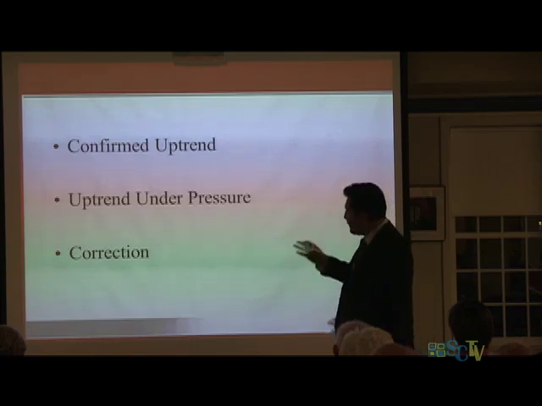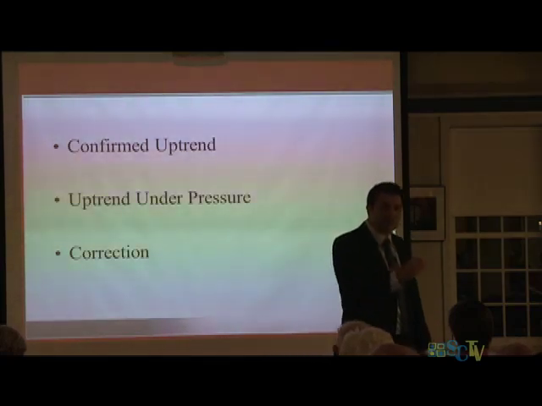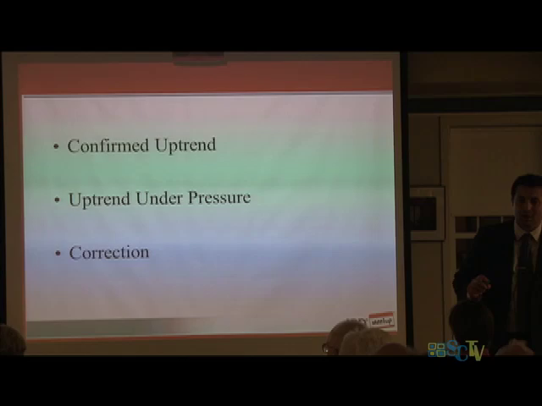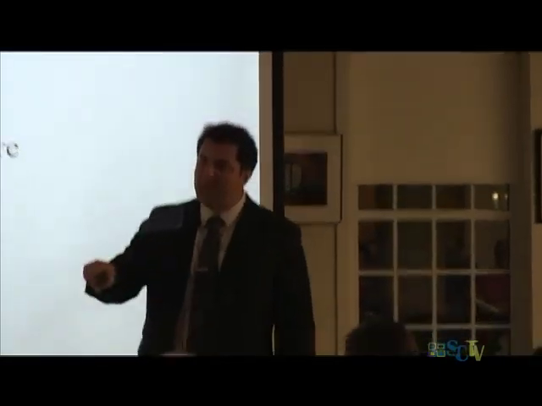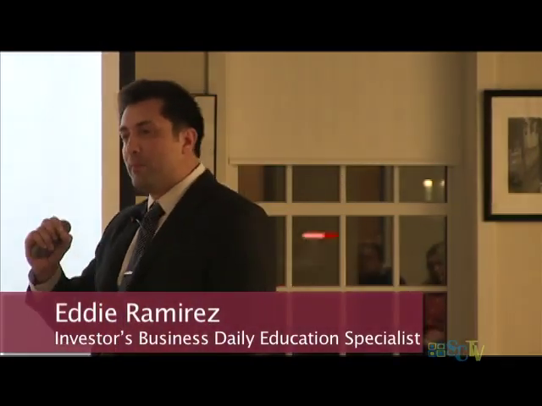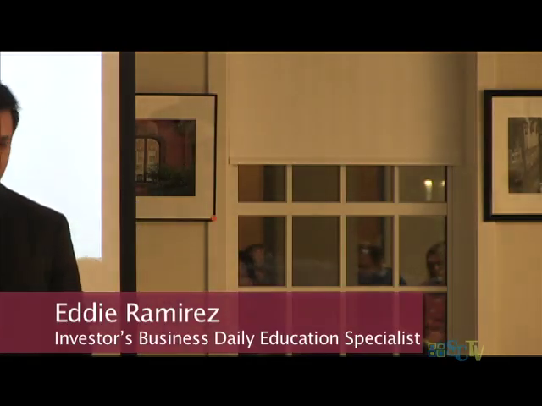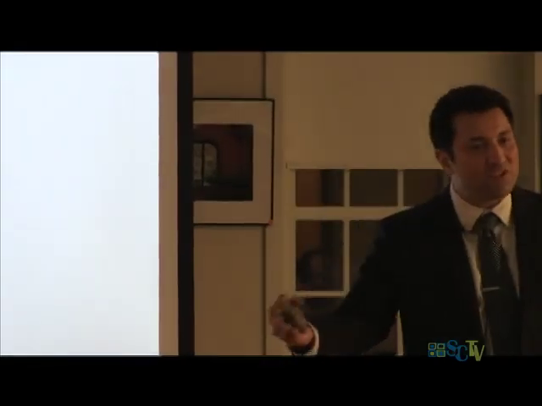So anytime we're in a new uptrend, we start counting distribution days. Technically speaking, a distribution day is when any one of those major indexes that I talked about earlier close down in price 0.2% or more on heavier volume than the previous day. That's the technical definition of a distribution day. So it's a 0.2% decline in price on heavier volume than the previous day. So it can be very subtle. It's not always these obvious sell-off days.